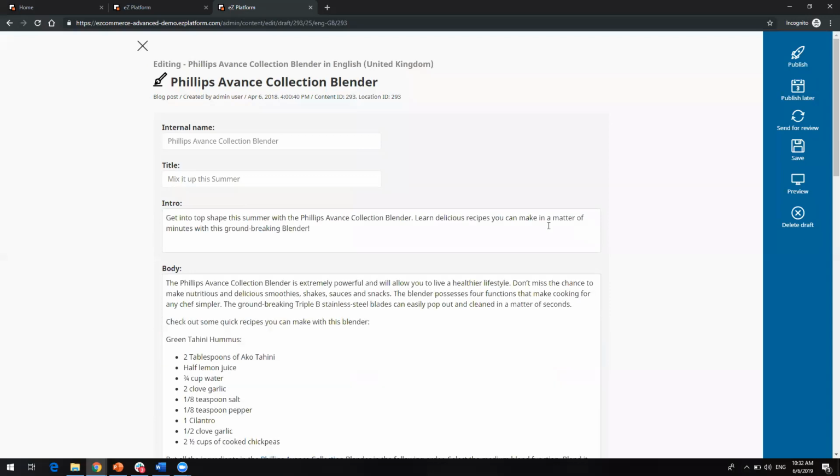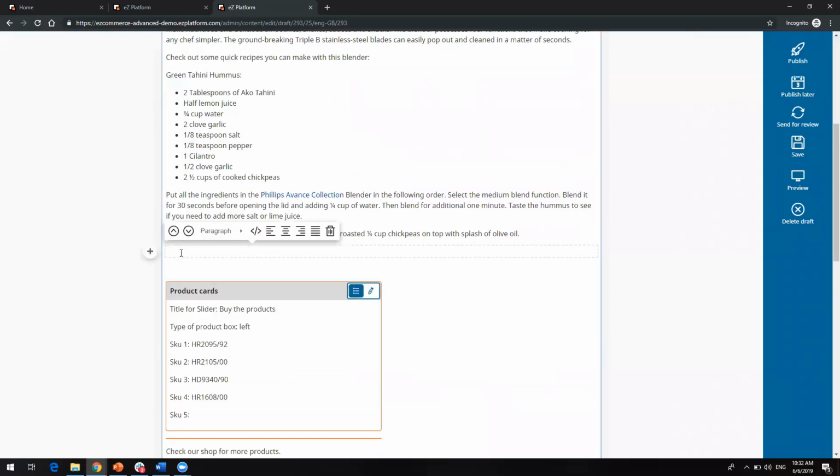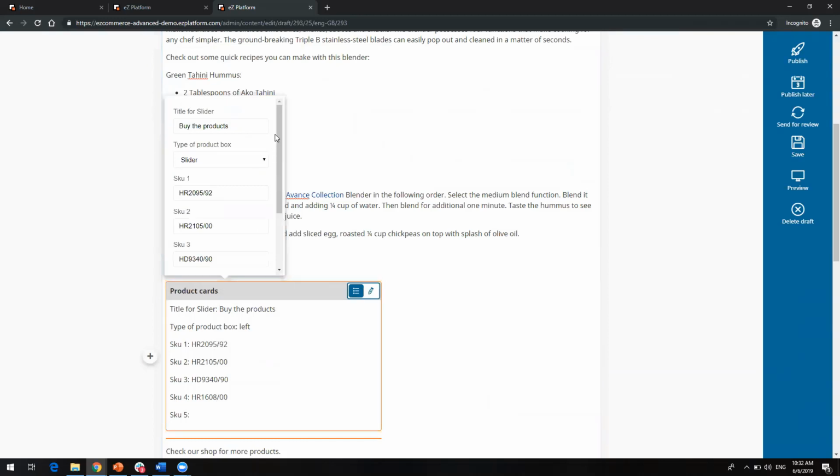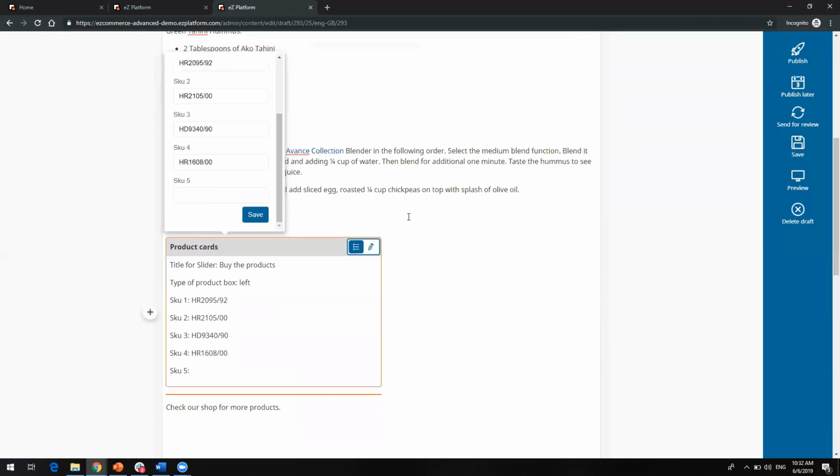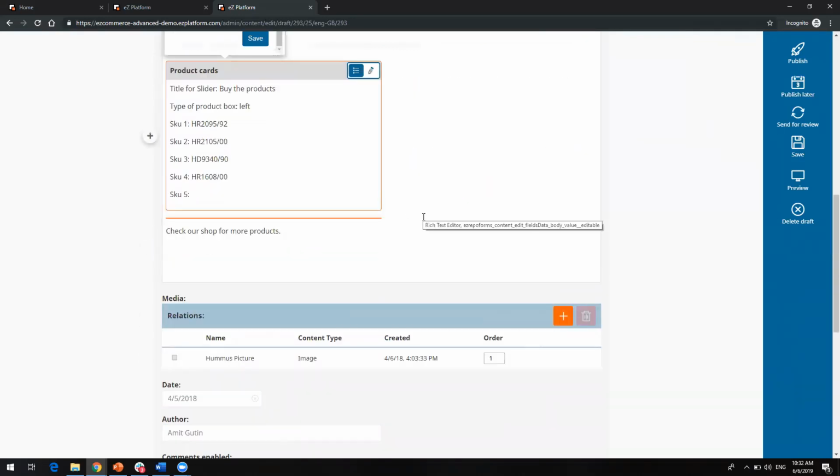To save time, I already did this for us. On the online editor, you have these new icons. You have product cards, which is this, for example. And when I add this product card, I can add the different products that I want to embed. So as you can see here, if I now want to edit this product card, I can name the seller, and then I can just type in the different SKUs, and that's what will be presented to me. So what you saw before, you saw the different products I embedded into this blog post. So that's how we're seeing the merge of content and commerce, and how you can enrich your product pages or your content